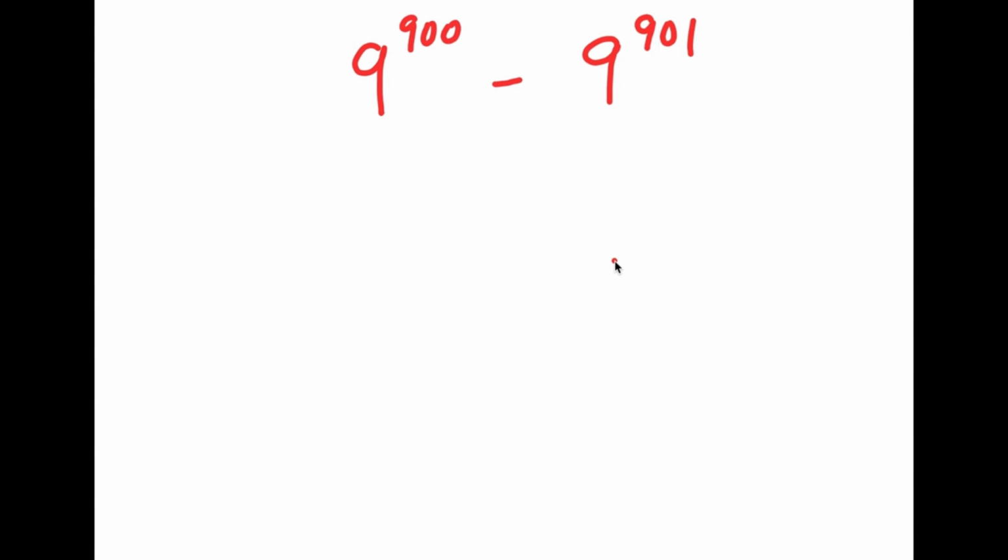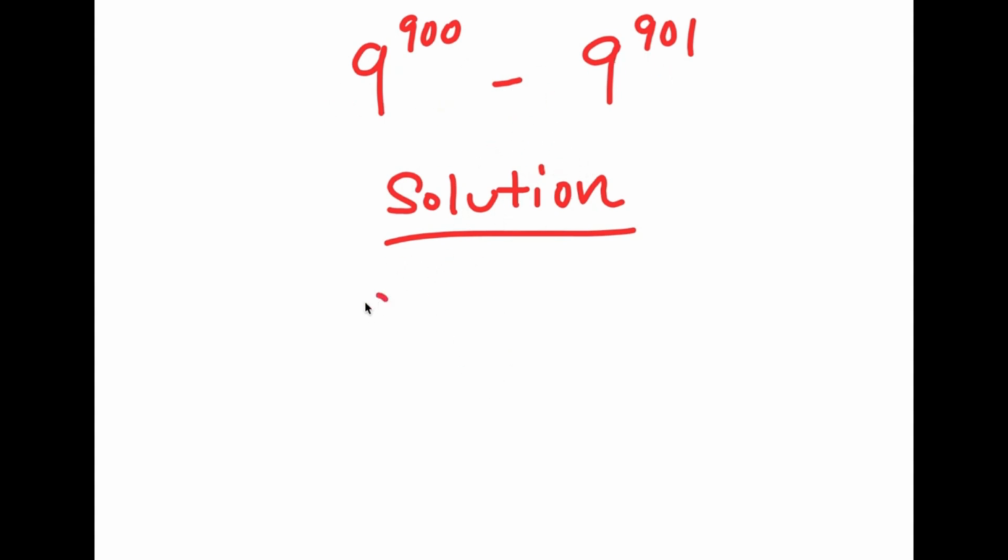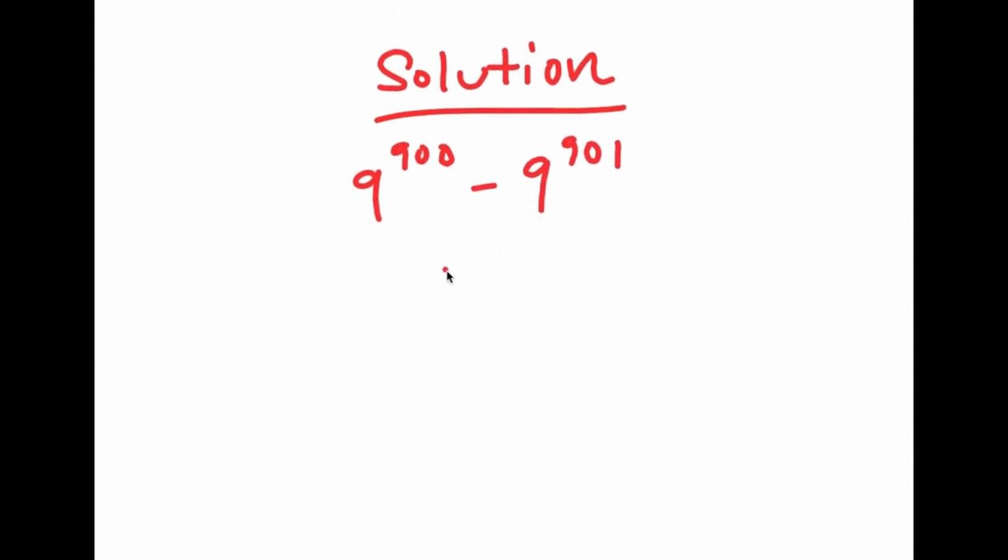Alright, so in this problem, I have 9 to the power of 900 minus 9 to the power of 901. So, for my solution, I'm going to first start by rewriting my original problem here. So I rewrite 9 to the power of 900 minus 9 to the power of 901. And now this is the same thing